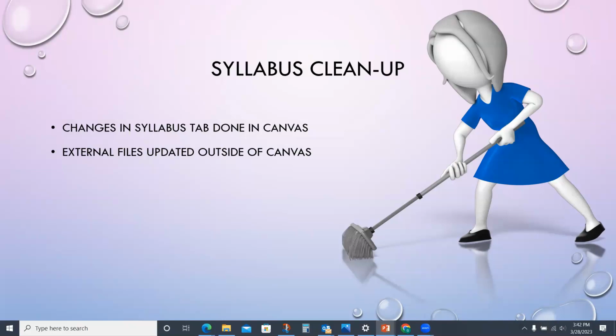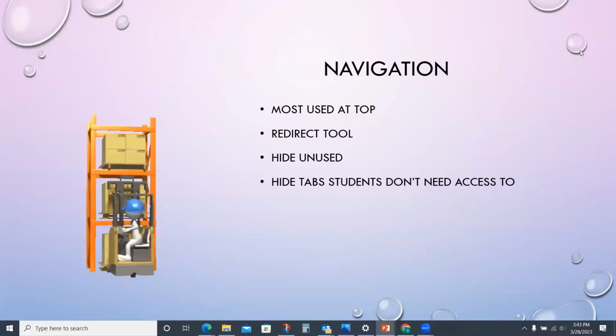And I'm not going to spend a ton of time on this, but this is, of course, a very important document. And it's also something that I think sometimes gets overlooked if the syllabus hasn't really changed a lot from semester to semester. Sometimes you end up with a syllabus from a previous semester still in the course that gets copied over. Making sure that it's the most recent version and that it reflects the current semester is always a good way to make sure that, when we want students to be held accountable for reading the syllabus and understanding it, we also want to make sure that it's the most recent and accurate document.